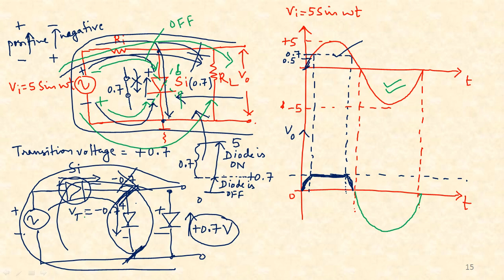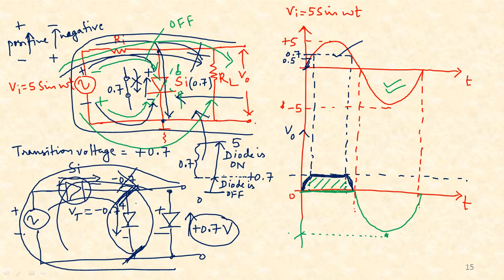See, if the diode was ideal, then the waveform would have been like this. You can just cross verify the previous slide. Previously, if the diode was ideal, I would have got the waveform like this. But now, since the ideal diode is replaced by a silicon diode, I am getting this portion also. So can you tell me the voltage level? See, this is 0.7, and what about this voltage level? How much should it be?